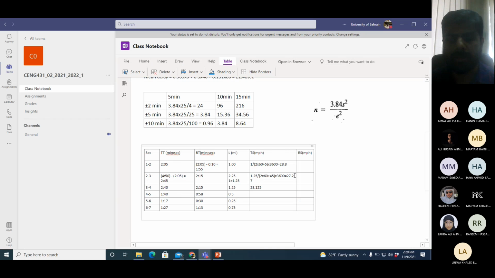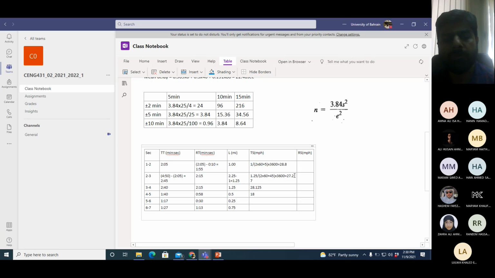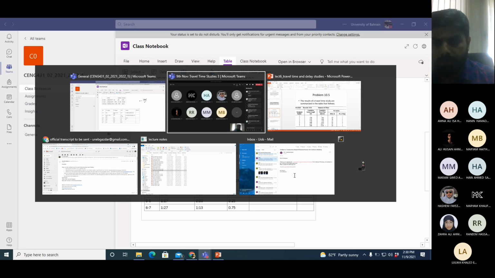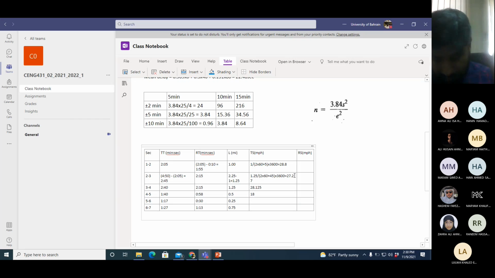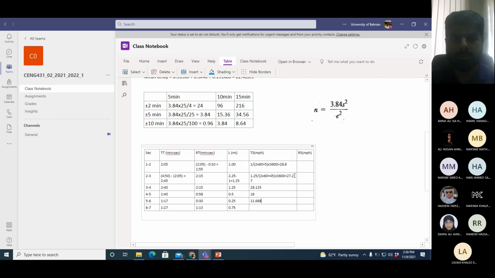So now we are calculating the fourth value. 0.5 miles length, 140. Okay. Then next 0.25 miles length and 117 time. $7.688.